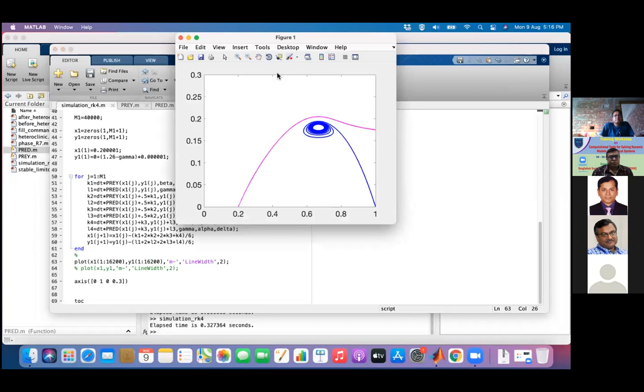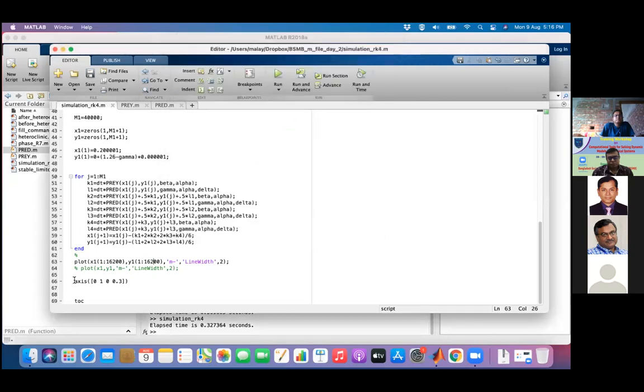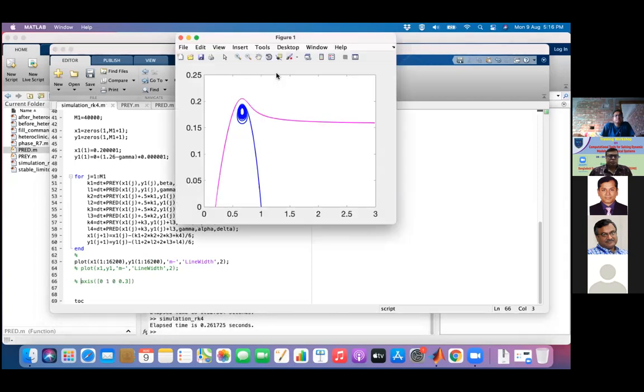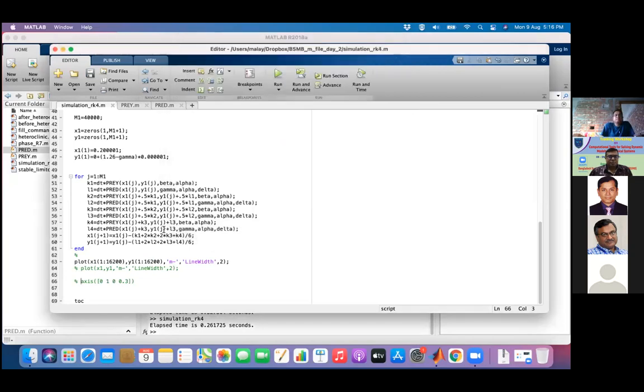This is complete. But just for your clear-cut understanding, I want to make one more comment here, that instead of considering this diagram, you can just remove this axis comment. If you remove this axis comment, what will happen? You can see how the trajectory moves beyond 1. And you just try to understand that if I consider iterates up to 16,000,